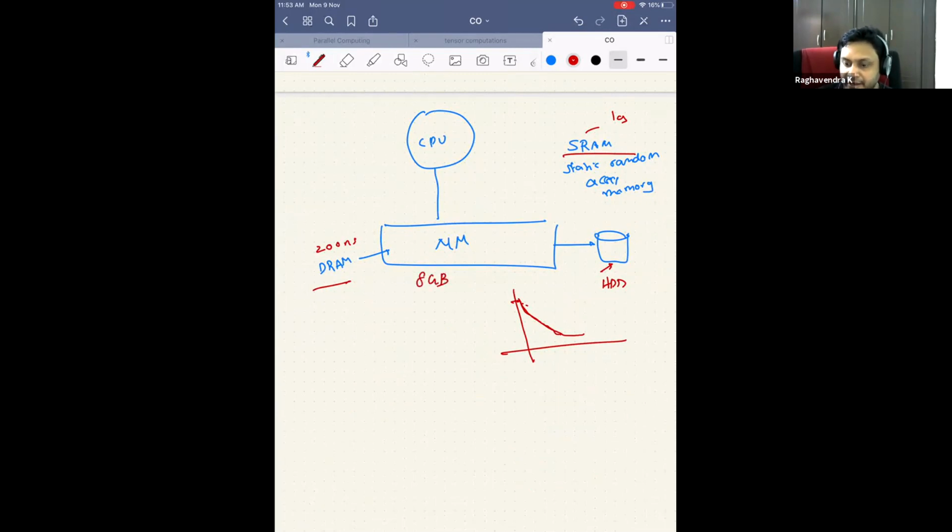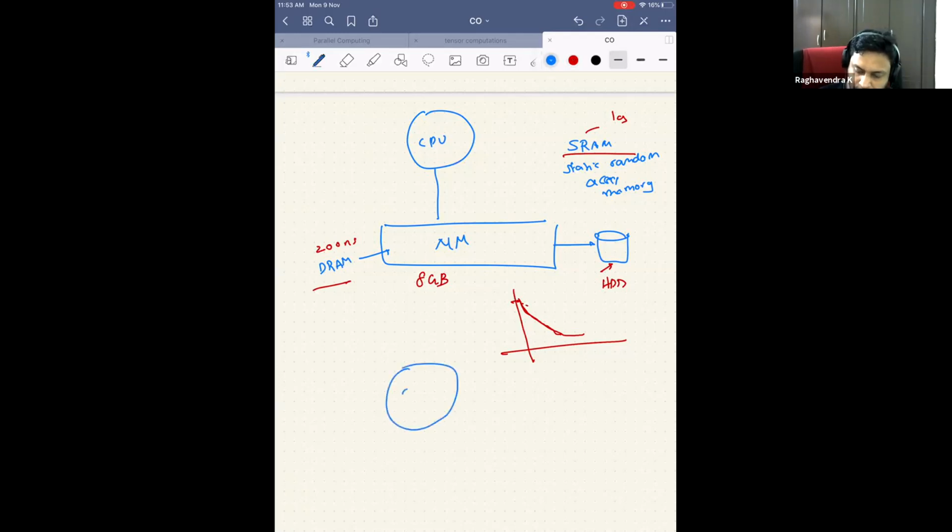Of course, I could have an infinite amount of memory here, but I can't, because DRAM needs power. I cannot just say I have 1 terabyte. Today's machines might come with 1 terabyte, but in general I cannot have 1 terabyte of RAM in my mobile, at least today, because the power consumed is very high. So I have a limited amount of main memory. Similarly, for SRAM, I cannot have GBs, at least today.